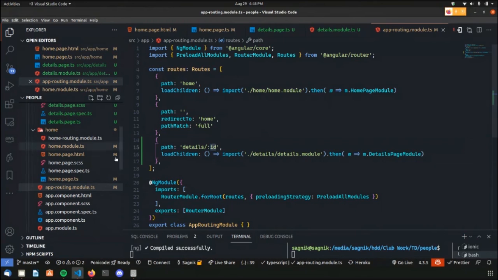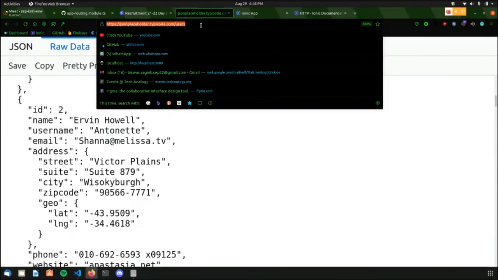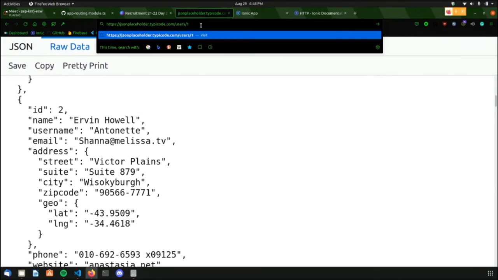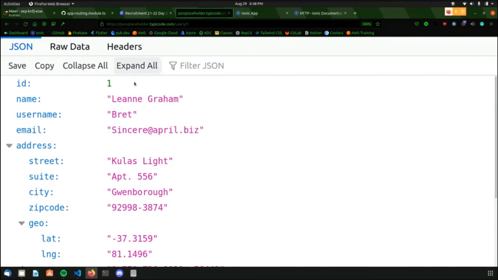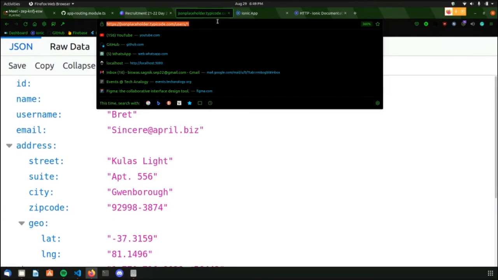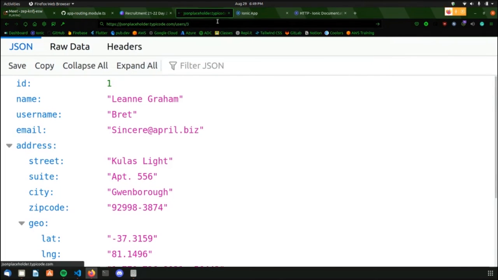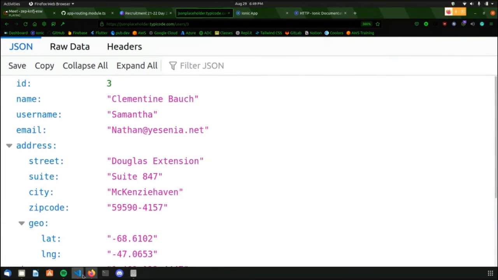So whenever I, for example, here, if you check, if I pass user /1, this is also the ID query parameter, but I am just passing 1. So that it understands that it has passed the value of ID as 1, and that's why it only shows me the person with the ID as 1. If I change it to 3, for example, it will show me the third person. Okay, that's how queries work.